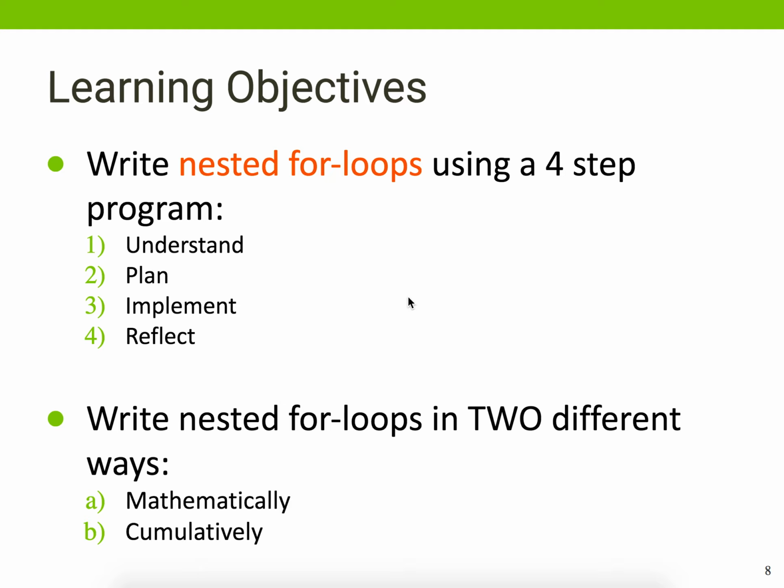Then, as we do this, we're going to write our nested for loops in two different ways. One is mathematically, and the other one, I don't really know what to call it, so I call it cumulatively. Two different ways to think about the programming mechanism, or ways to program, so we're going to do them both. All right, so